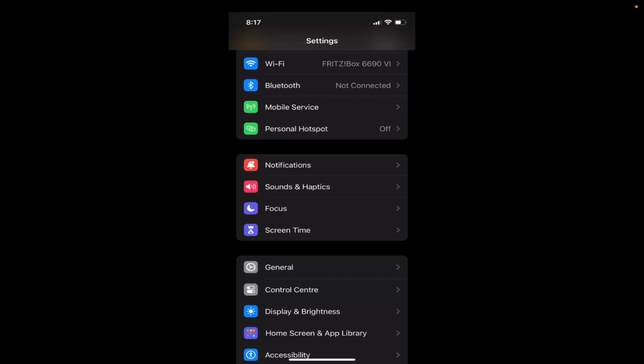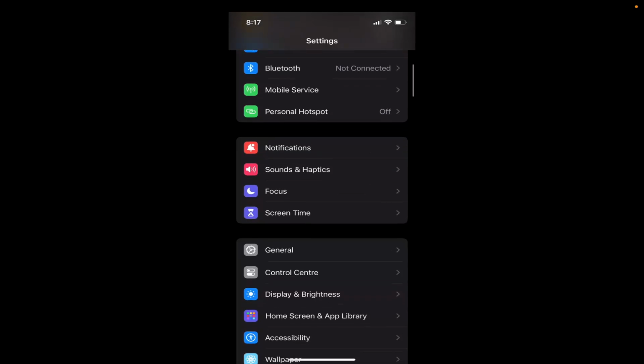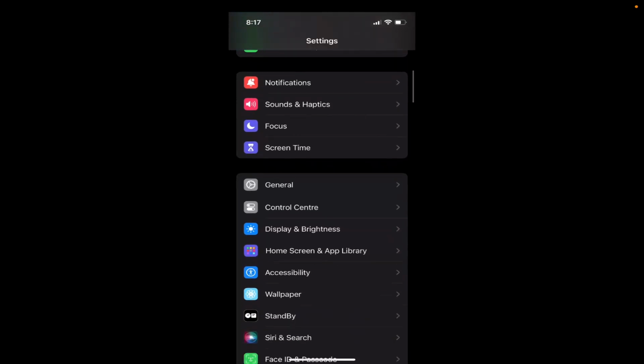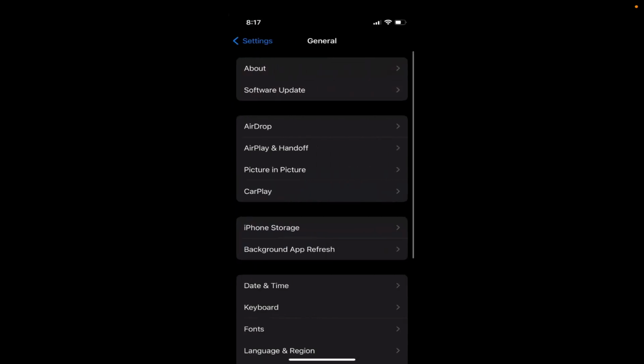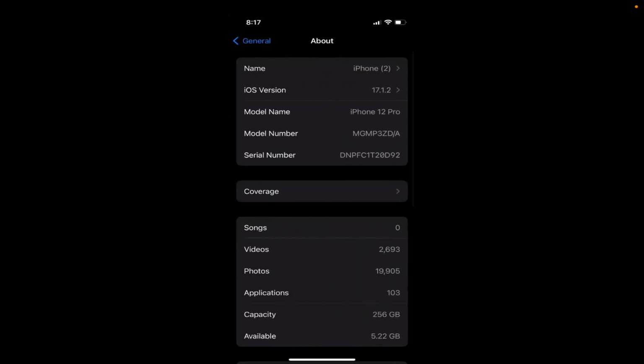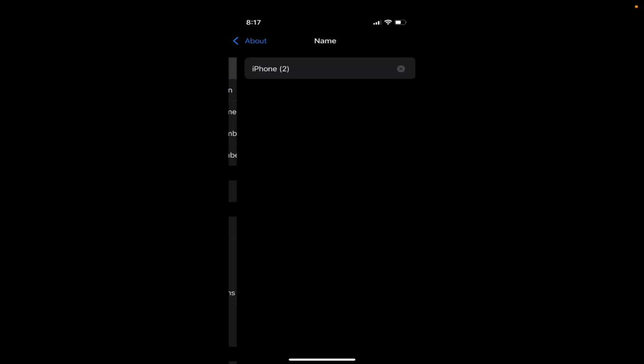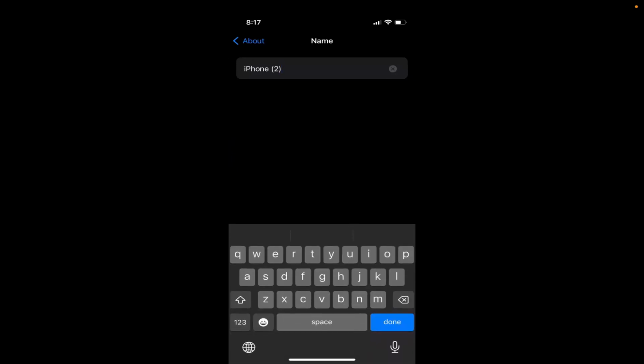And to change the name of your device, you need to scroll down a little and here you will be able to see the general section. So click on general and then click on about. When you click on about, you will be able to see the first option, which is the name of your device, which is iPhone in my case. Now I can change this name to anything. For example, I can change it to some other name,